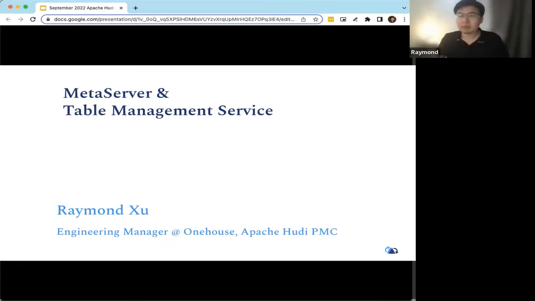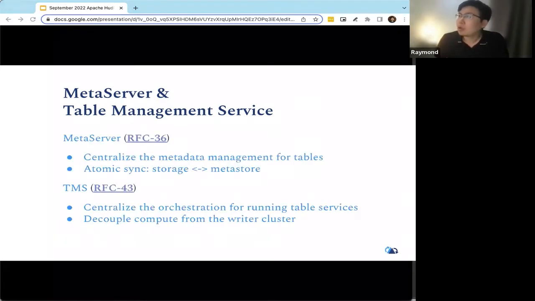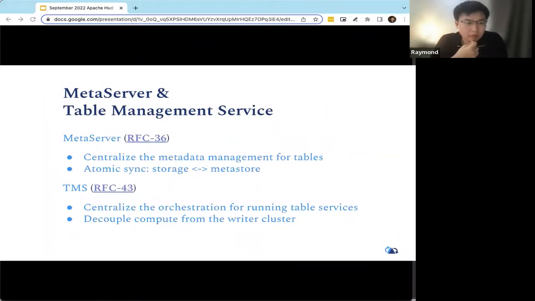All right. Cool. So today I'm gonna dive deep into two major RFCs about the table, namely MetaServer and Table Management Service. These two are proposed and driven by Downs, an active contributor for the community. So MetaServer and the Table Management Service, TMS,